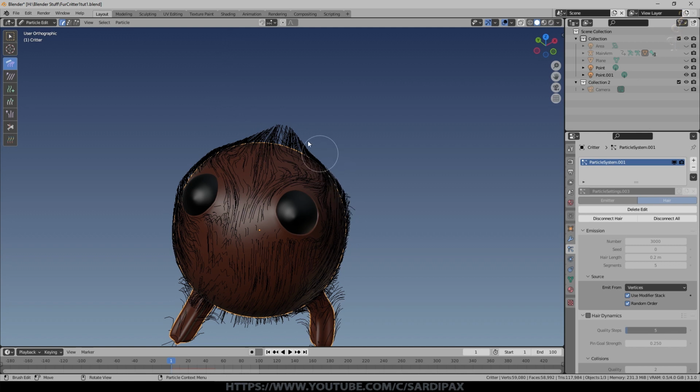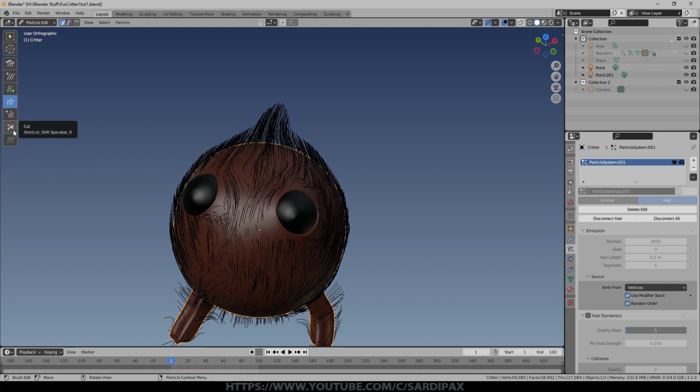So this is simulating literally what it would be like to put a comb through his hair, but there are other options as well, so we can smooth it. So obviously it's taking some of the kinks that we've introduced by combing it, making it much smoother obviously. We can also increase the length of the hair here. You can see I'm dragging that hair out from its root and it's getting longer.